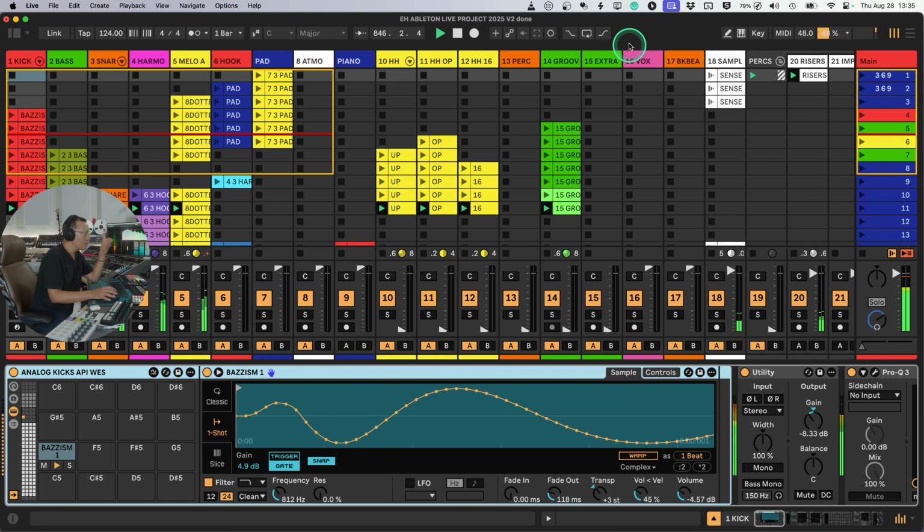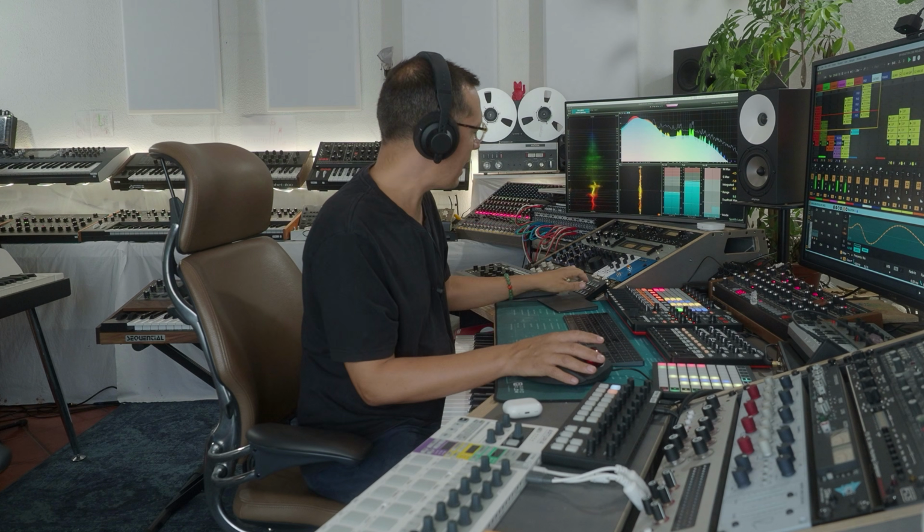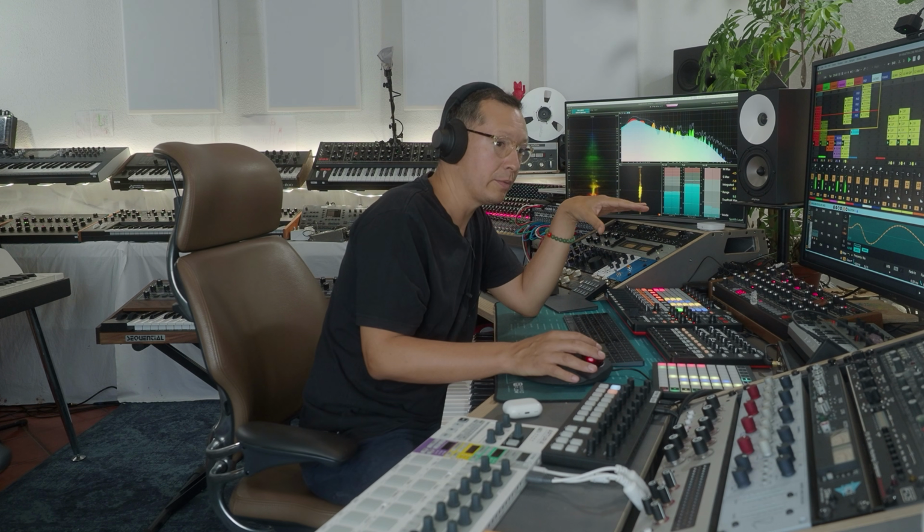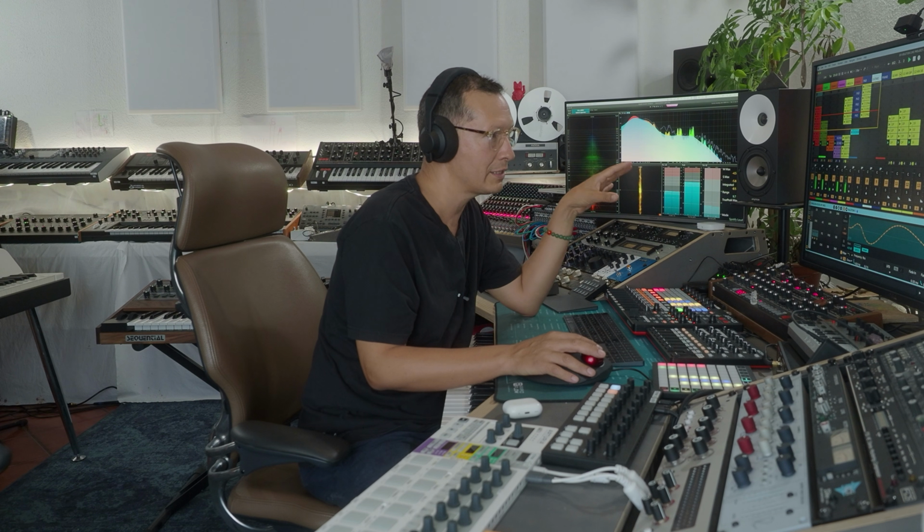Now, what I was going to get to just before is how critically important it is how you monitor your low end. Because if you're not really hearing accurately what you're doing with your low end, it's almost impossible to mix. And if you're working in a really small room or with not great speakers, I highly recommend that you mix on headphones. The most reliable system I know for that is Slate VSX, and I would recommend you to get